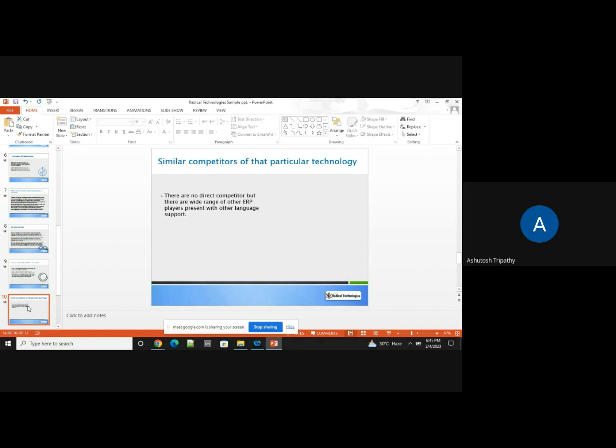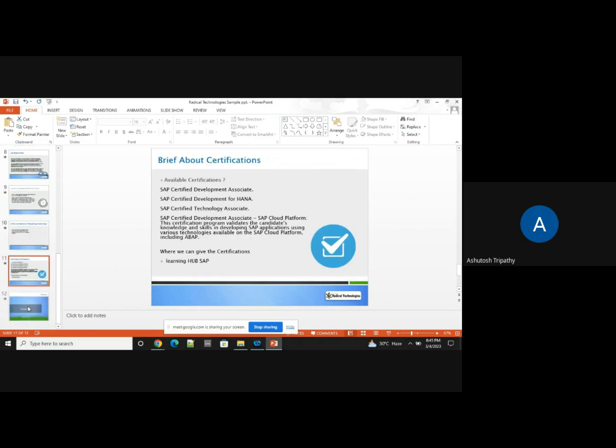So competitors are present, but there is no direct competition to SAP in terms of ABAP language competency. So there's no direct competitor.